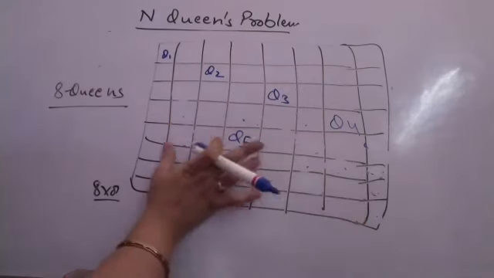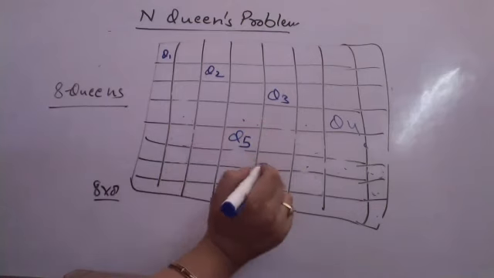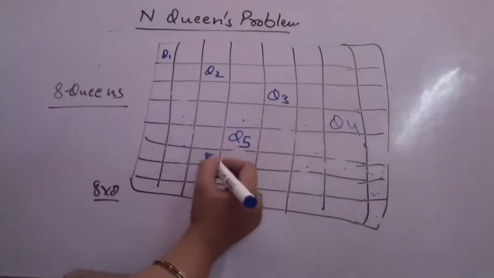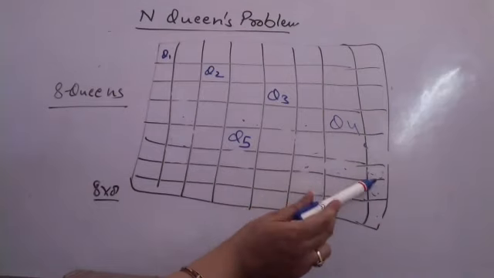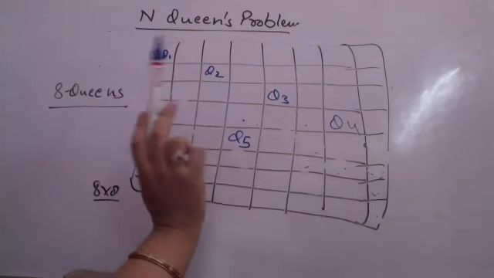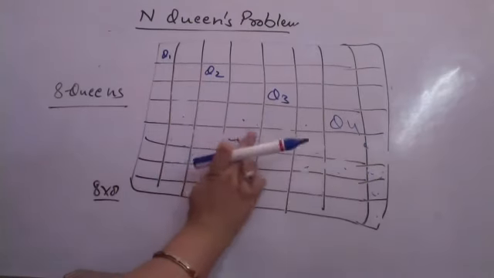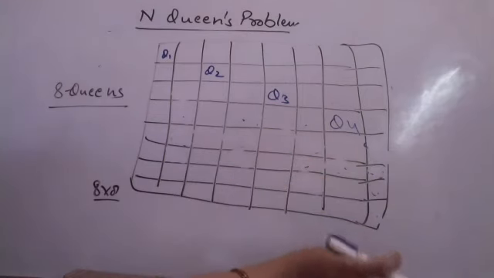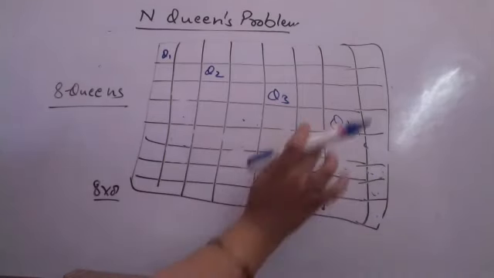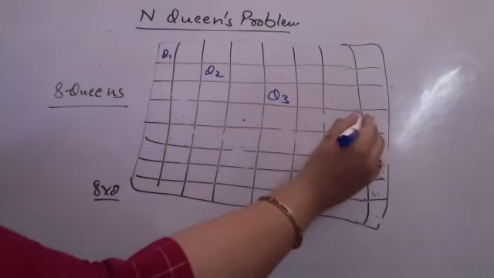Change the position of queen 6 again. Now queen 6 की और position है यहाँ पे. It is directly under attack from queen 1. Another position here is directly under attack from queen 2. Not possible. Change the position of queen 5 further. There is no other position for queen 5 possible. Change the position of queen 4 further.